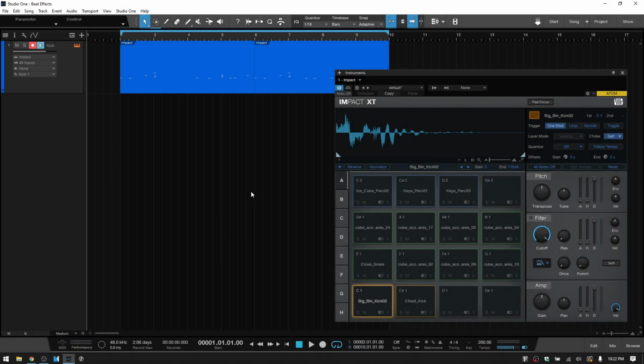Sometimes a simple beat is the best beat, and we don't want something that's going to be too busy that crowds out the rest of our tracks or instruments and vocals. But if you're ever in a situation where you're working on a track and you feel like the beat just needs a little bit more seasoning, a little bit more spice, something extra is missing, definitely check out the effects that are available within Studio One, and they just may add that little bit that you're looking for your